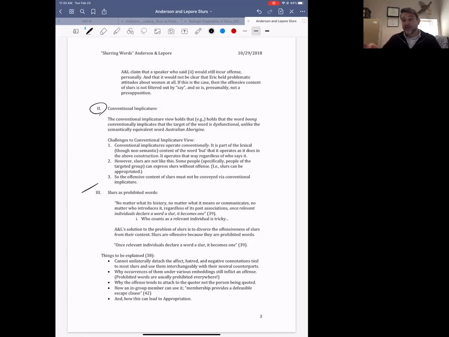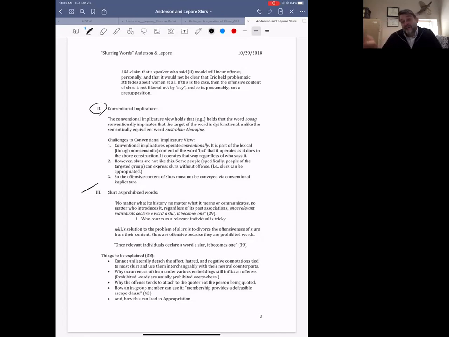An additional point, maybe in favor of this view, is that it also explains how a slur word can be reclaimed, right? So if you think about the word queer, for example. Queer was initially a slur word, an offensive slur word, but it has been reclaimed by the gay community. I mean, by the queer community at this point. I should just use the word again. That's the word that is used now, right? So the word queer has been reclaimed by the gay community.